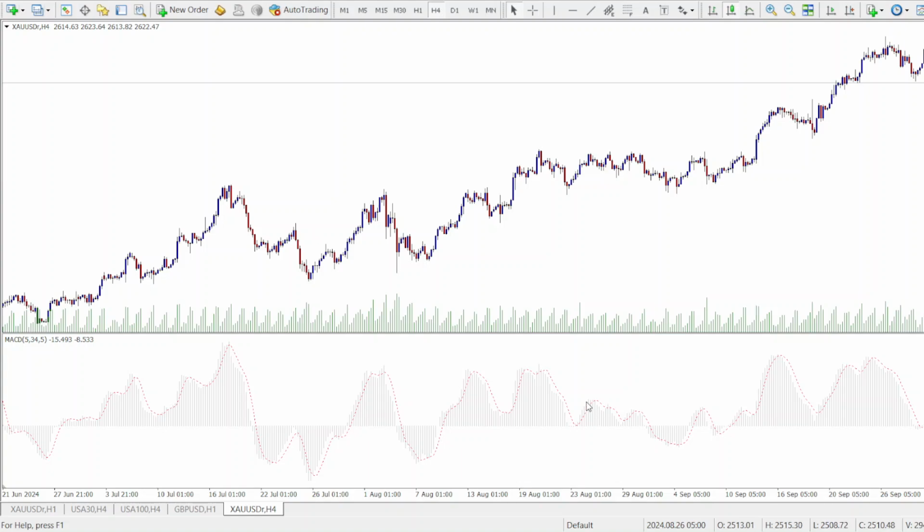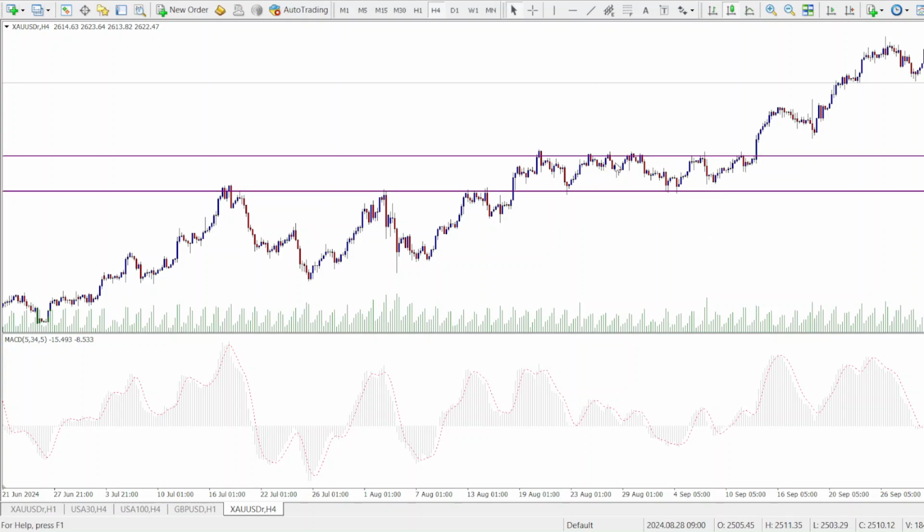Now, for some additional tips, you might want to combine this indicator with other indicators just for extra confirmation. So you might want to use support and resistance levels or the RSI to confirm your signals. For example, we can decide to set some support and resistance levels here. You can see these resistance levels, support levels,